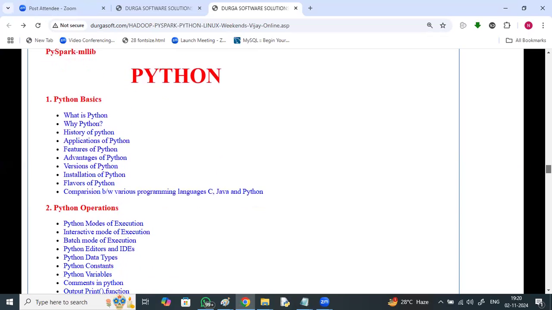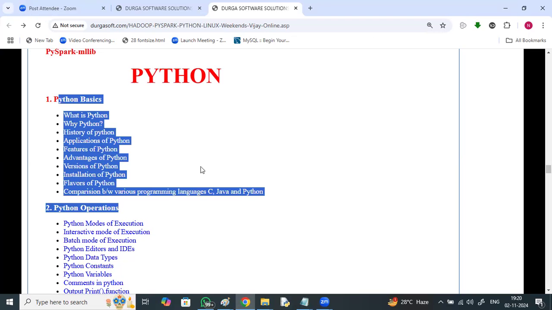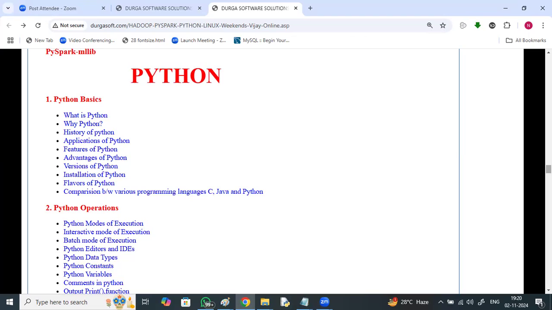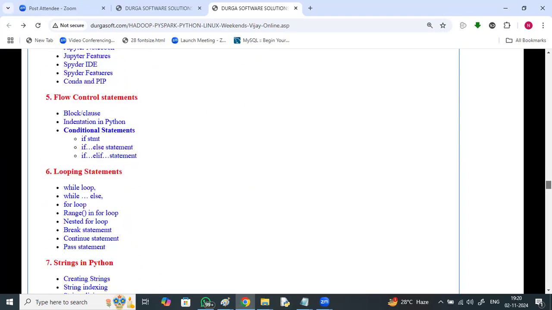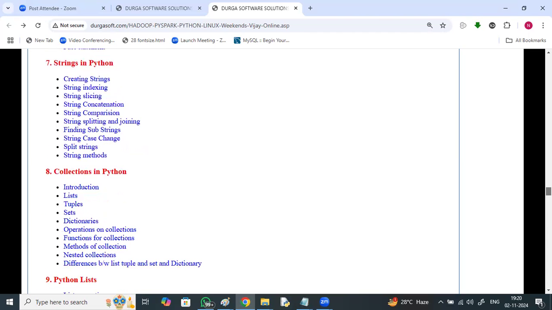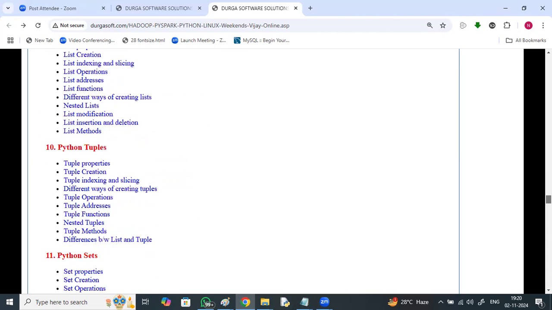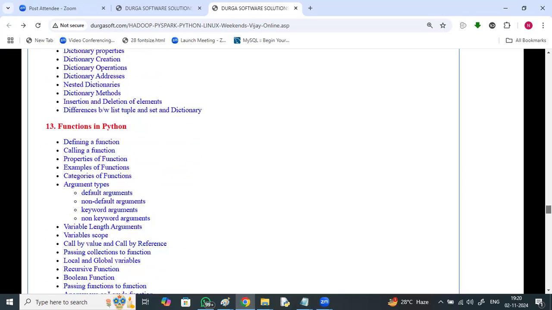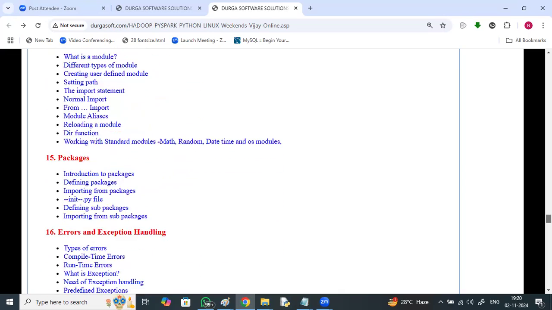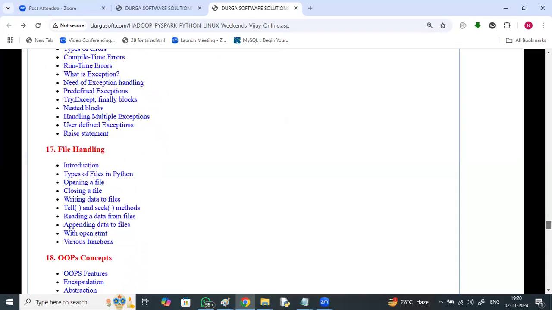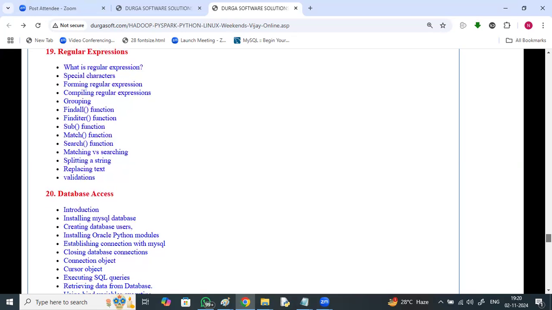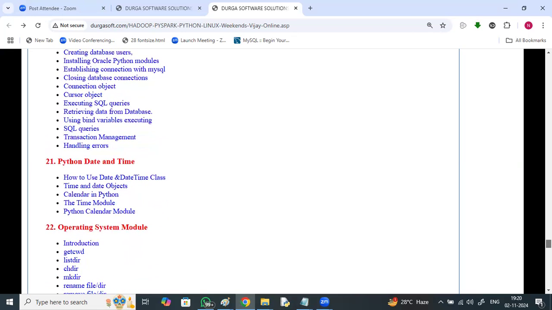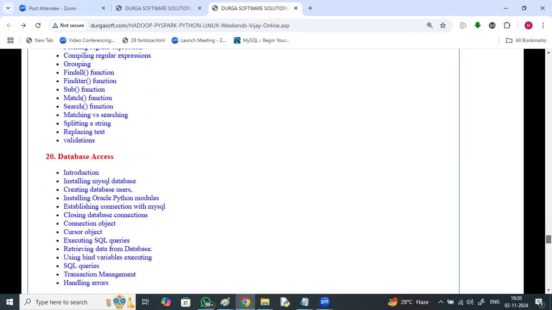Apart from that, Python will be covered in brief, Python basics, for people who don't have knowledge of Python, right? Python basics, Python operations, operators, IDs, flow control statements, loopings, strings, collections, lists, tuples, sets, dictionary, functions in Python, modules in Python, packages in Python, errors and exceptions, file handling, object-oriented programming concepts, regular expressions, Python date and time module, operating system module,